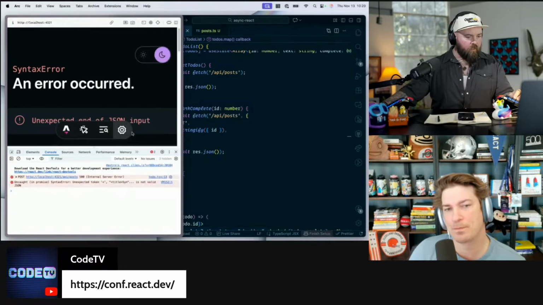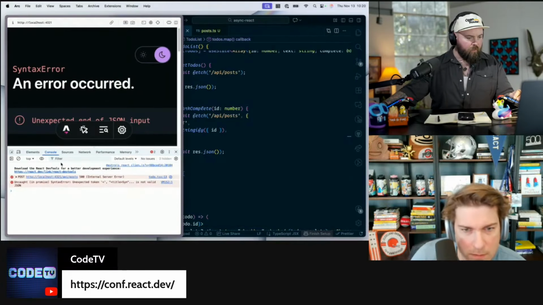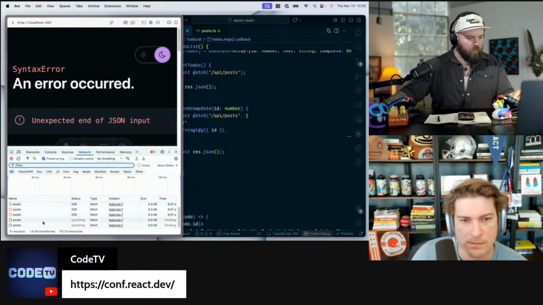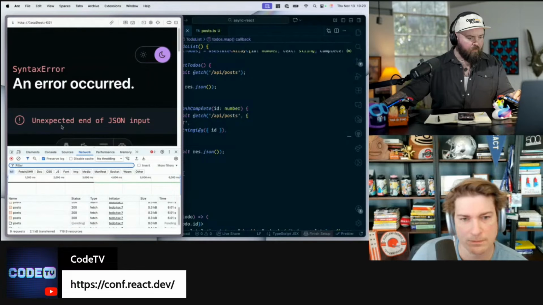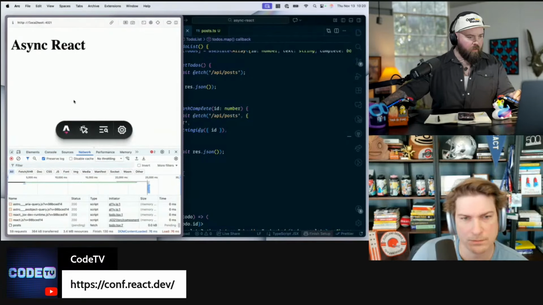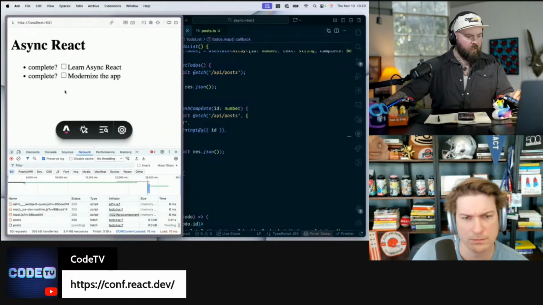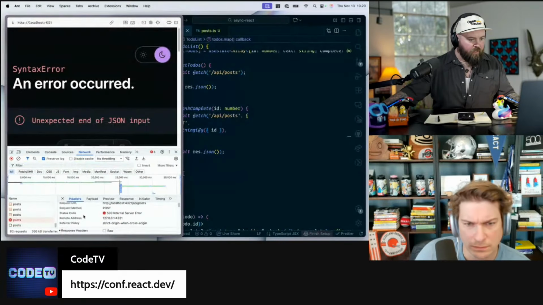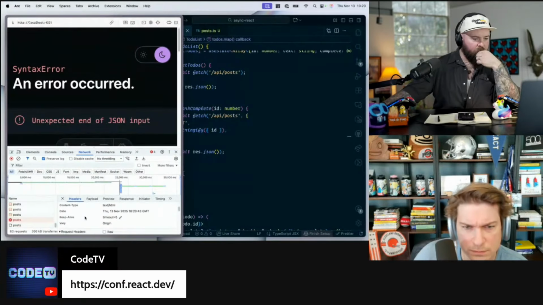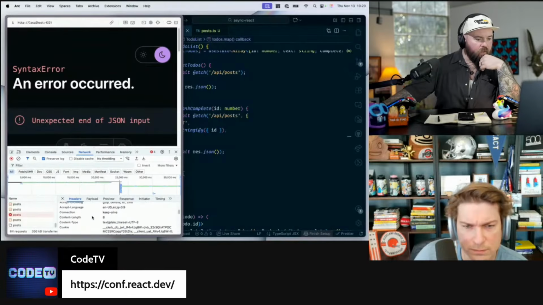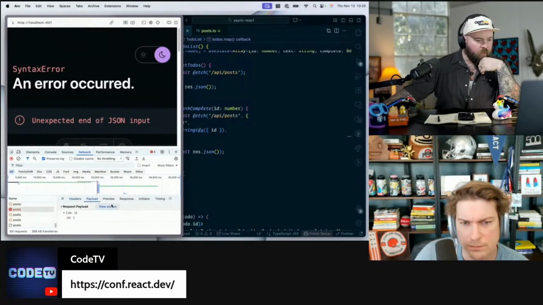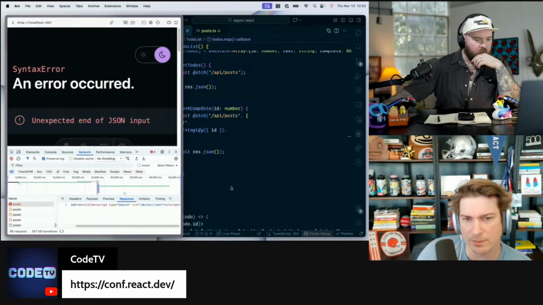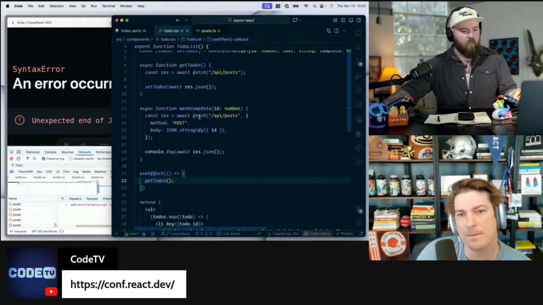Okay, so what have I done? Unexpected end of JSON input. So let's look at what I just did. And we're going to try this again. There's our async thing happening. So I'm clicking, it fails, and it fails because we sent through the ID, and the response is a syntax error. So my syntax error must be,